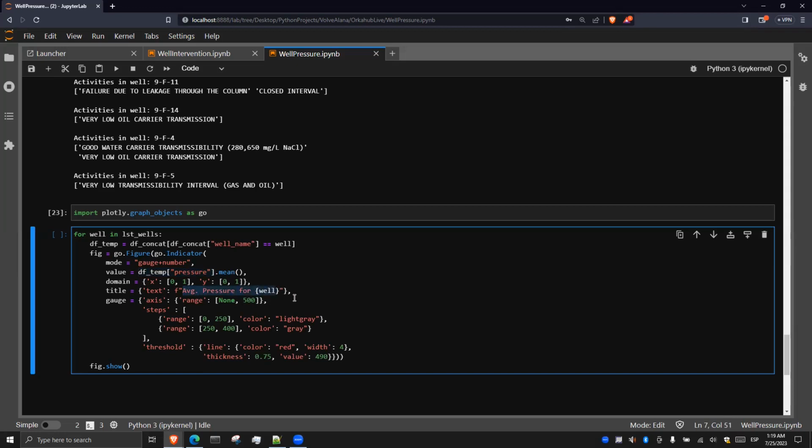And I'm going to create several kinds of visualization aids, some ranges to have a much neater way to visualize the gauge form. Okay, if I run it,